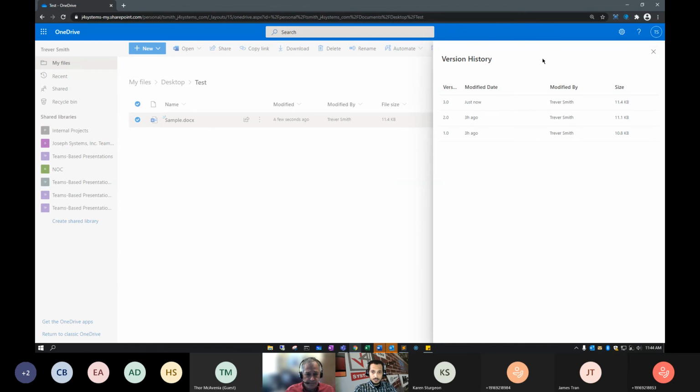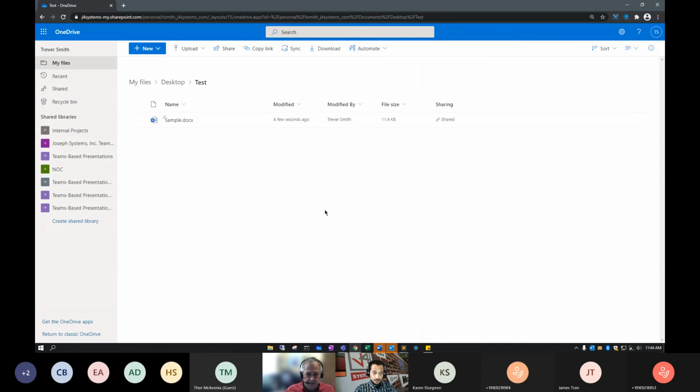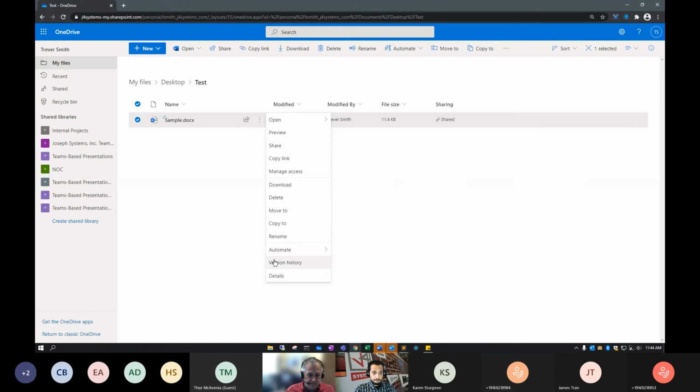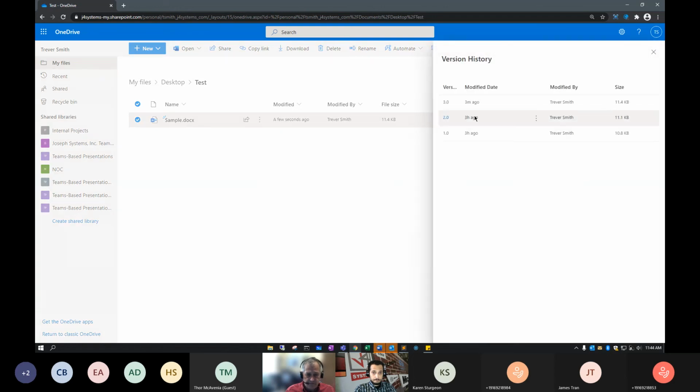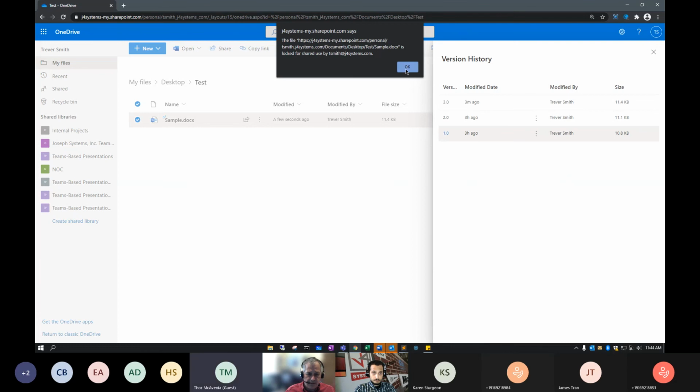Okay, perfect. So that was just how you can actually go back and open up other versions if you needed to. So as a point, going back to this, because this is important, I think. So when you clicked on a version, Trevor, go ahead and click on the little ellipses. You have two options. You can restore it right there. So you can restore a previous version, or you can open it. And like he pointed out, when you open it,